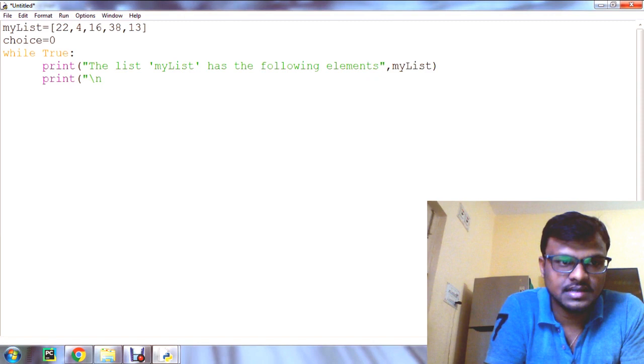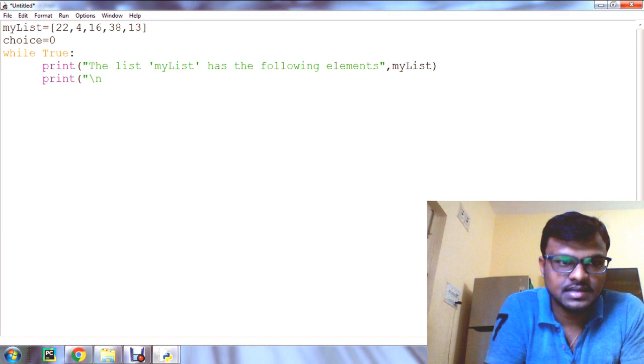Now we need to give what all the operations we are going to perform. That one we are going to give as numbers. First operation, that is 1, append an element.